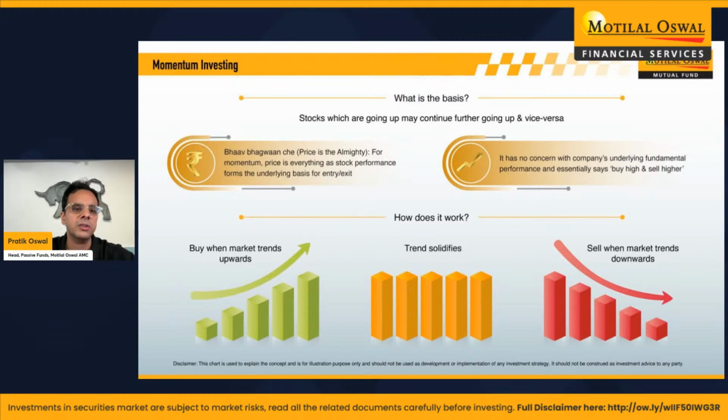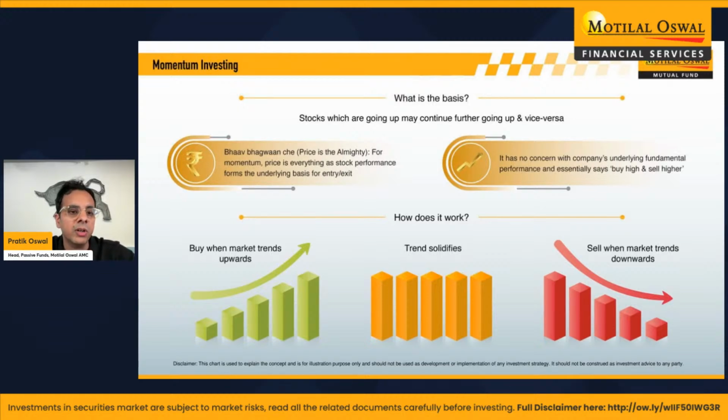And essentially, when the trend falls is when you sell your funds. So essentially, you're buying 50 stocks and you're rebalancing this portfolio twice a year, in June and December. So that's the momentum factor. What we use is just price and nothing else.